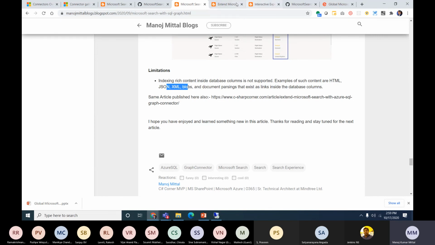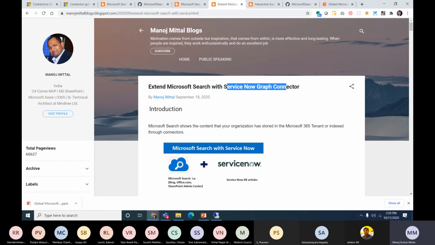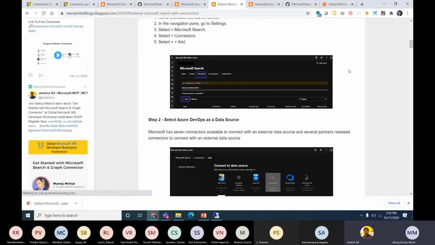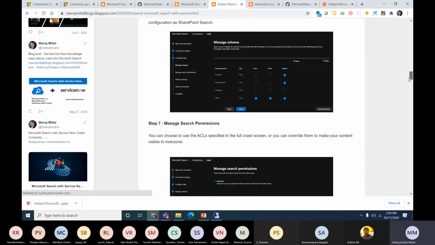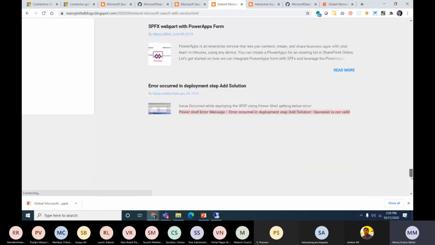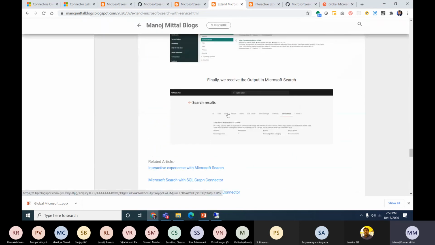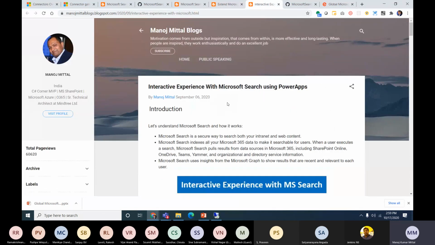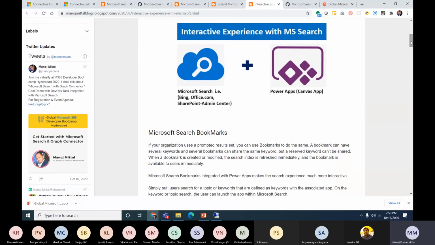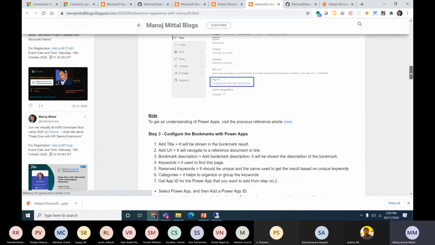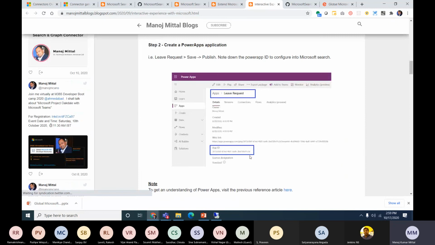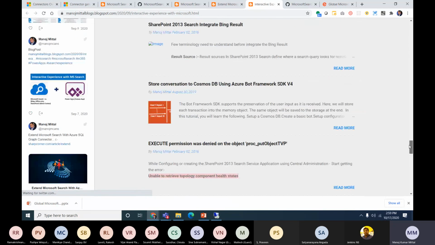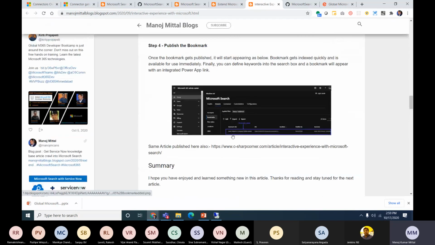In the last, we are on time, and the ServiceNow connector is also available. You can take a look and get the experience from there, how the ServiceNow results appear here. That's how the results appear from the ServiceNow screen. Last one, the interactive one: we used Power Apps, sorry, not Power BI. How will the Power App sections show the results? I will just scroll it down. So this is my Power App application where the app ID exists. We can use this Power App ID and see how we can use these applications, the bookmark section.